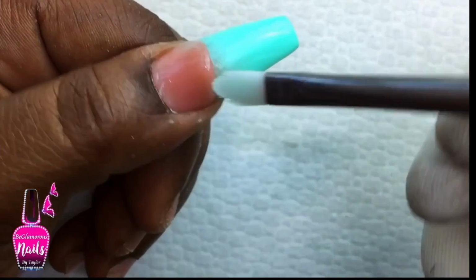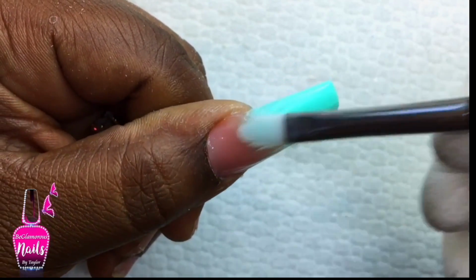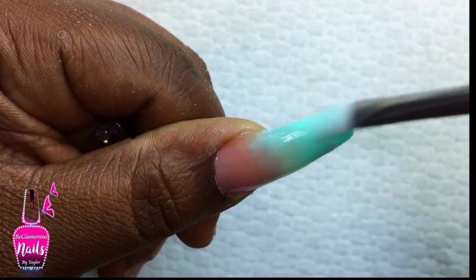So now I'm going to start my fade. I wet my brush with my alcohol, and right where I want my fade to begin, I'm going to start pulling that nude. So as I said before, in order to create a great ombre with polygel, you need